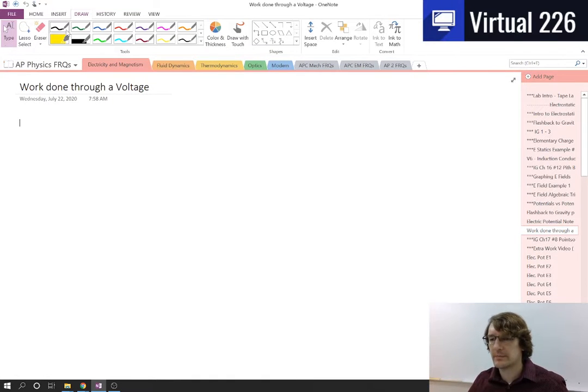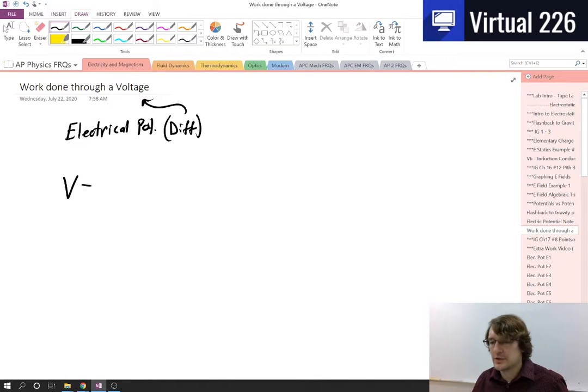Okay, so what we're looking at here is work done through a voltage, and we could also call this voltage an electrical potential difference. Oftentimes we'll just hear this as a voltage or electrical potential, okay? But technically it is a difference. And what we're saying here is that a voltage is going to be equal to the negative work per some unit charge. And another way of thinking about this is this voltage here, because it is a difference,